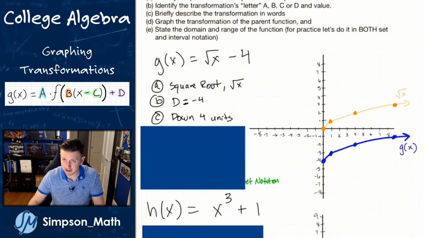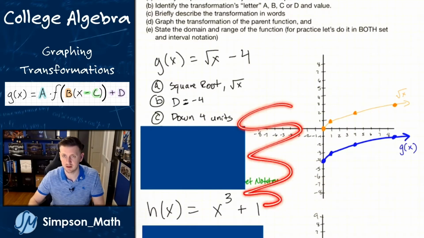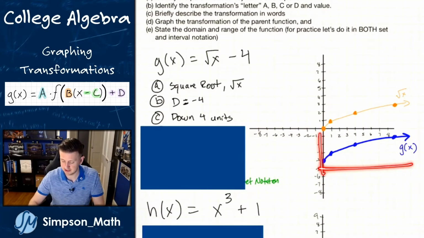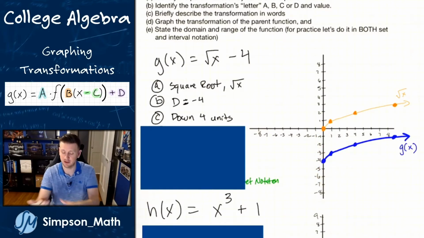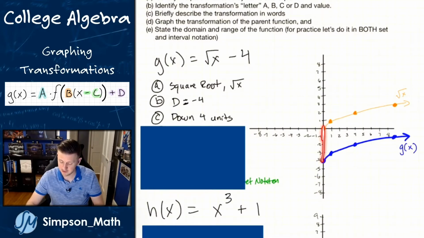So domain is my set of x's, and if I'm doing interval notation, I'm going to see as far left as I can go. Well, there's nothing over here, so as far left as I can go is actually right here. And make sure you're looking at the x-axis when you're pulling your number. So again, think of an industrial press that's just compressing everything onto the x-axis here. And so I'm looking at from 0 to infinity for my